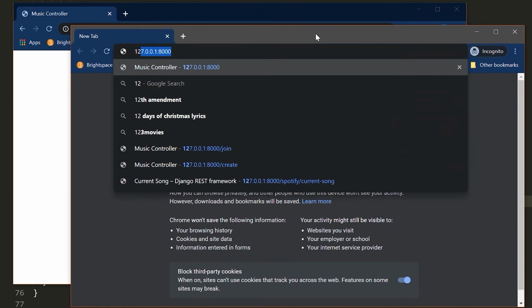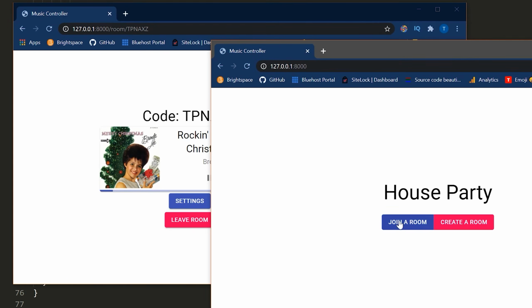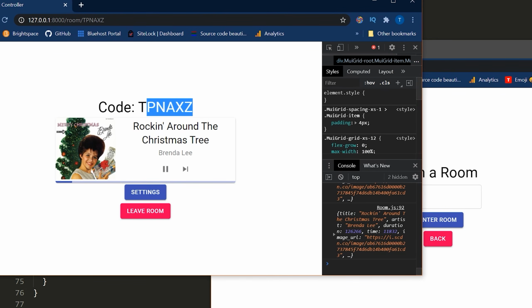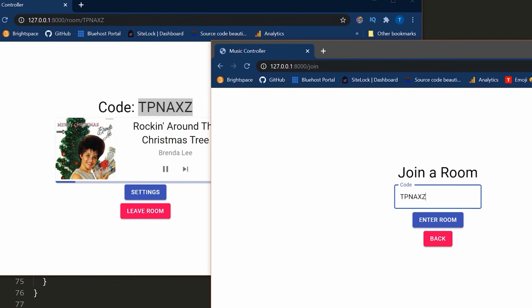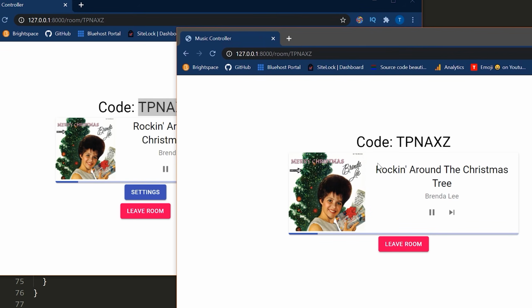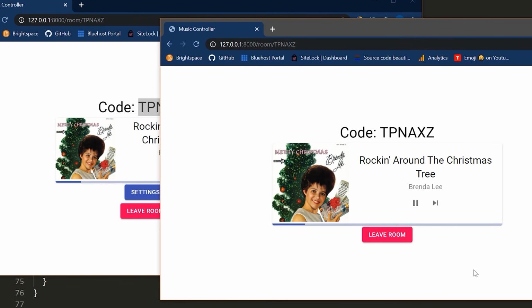Now let's just do a quick test here. I'm going to open up an incognito window and I'm going to join this room. And I'm just going to try to skip the song and see if this works if I'm not the host. So let's try this here. We should give it a second. Okay, and let's press skip. And we should notice that nothing is happening. Same thing here with pause and with play. It's just not happening, right? Well, sorry, pause and play is happening, I guess, because we have permission.